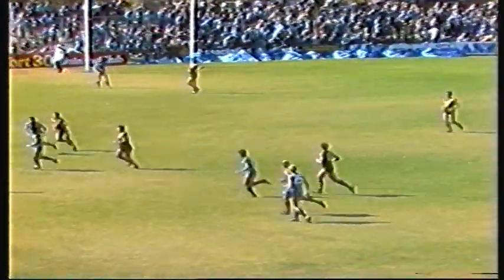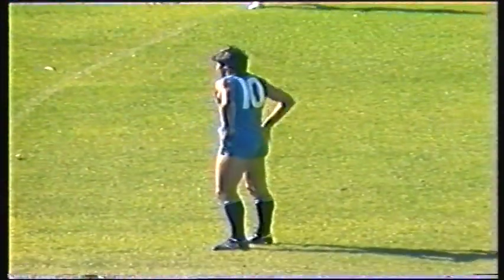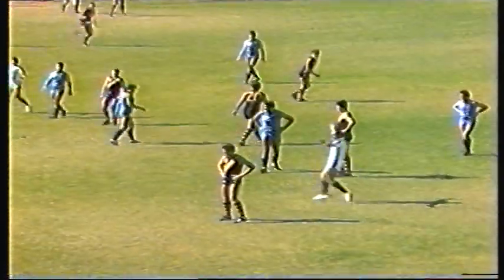Sturt continue to come to this grandstand side, again not allowing too much for that breeze. It'll dribble towards the boundary line. And we'll see a ball in. Left forward pocket for Glenelg. They're kicking with the wind in this first quarter, and we've played about 15 minutes. Free kick to Glenelg there, of course, because of the ball going over the boundary line without being touched from